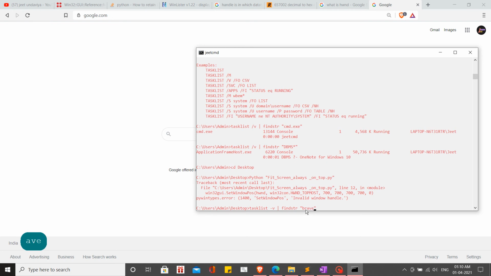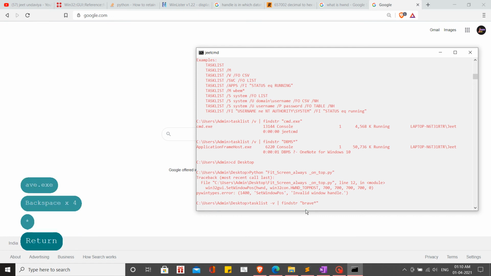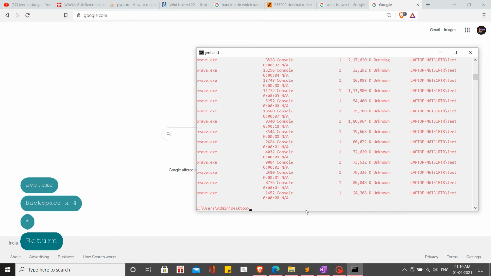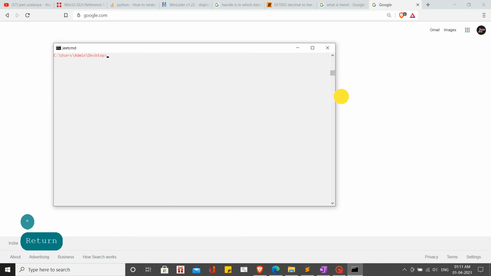Or even if I'm not sure what comes after brave, I'll just say brave then star. If I press enter and wait for it, here we are with our results. As I said, there can be multiple images at times.